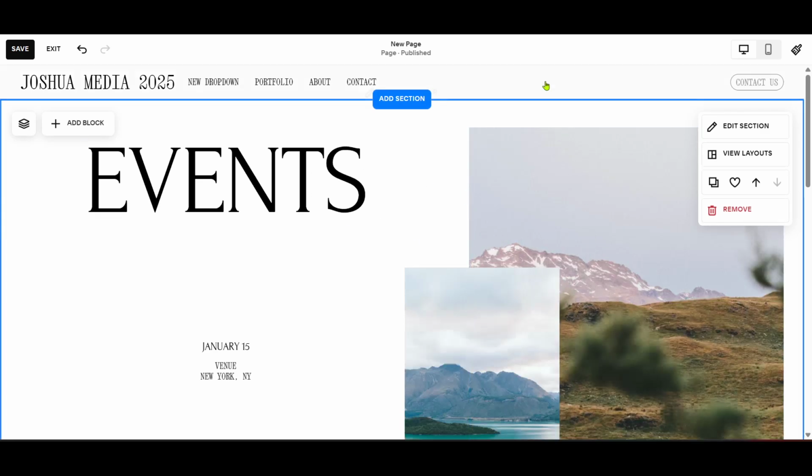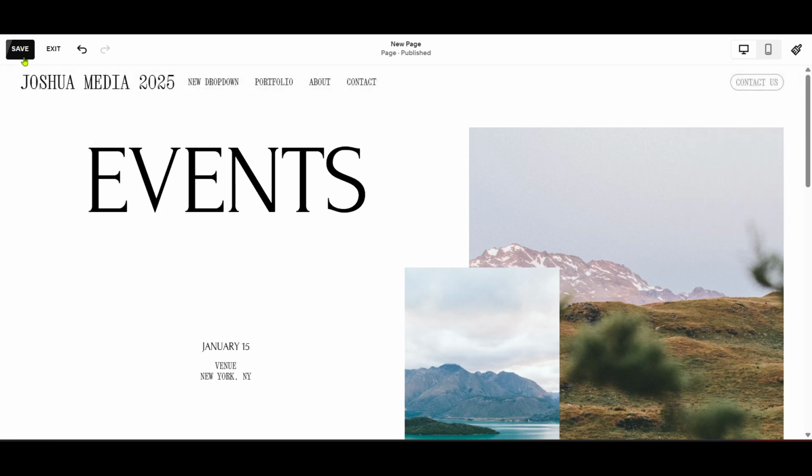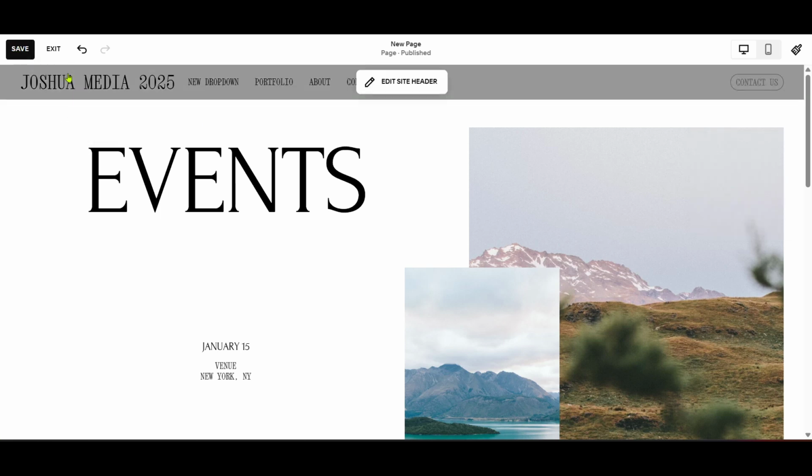And that's it. You've just created your landing page in Squarespace 7.1, a resource that's both functional and stylish. Don't forget to hit Save once you're happy with your design. This not only saves your work, but ensures your new landing page is live and ready for viewers to access.